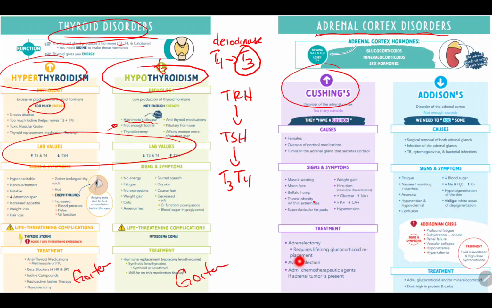You can also have hypertension, right? If you're producing a lot of that aldosterone, conserving all that sodium, staying in the body, that's going to produce hypertension. Of course, when we look at Addison's disease, a little less common though, Addison's disease is where we have hyposecretion of the adrenal cortex hormones, essentially. That could be like an infection of the adrenal glands. Maybe they're removed, right? So that could lead to Addison's disease.